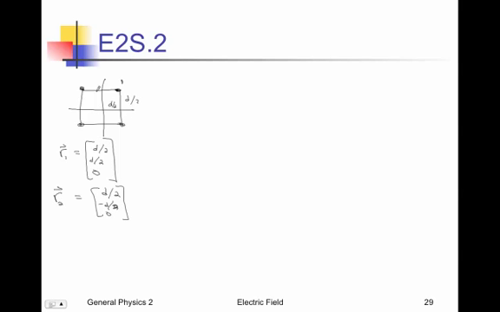But they tell me, hey, notice that you can pick your own coordinate system, and you can pick it so that you can find the field vector's components easily. So how about, instead of that, we put the charges on the axes, because that really does make our life easier in terms of finding the displacement vectors. So we'll call this one Q1, and we'll go around the square clockwise. And so we know that this is D, this is D, this is D, and this is D. So if I want to find R1,